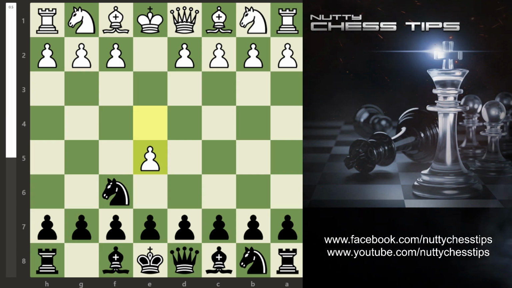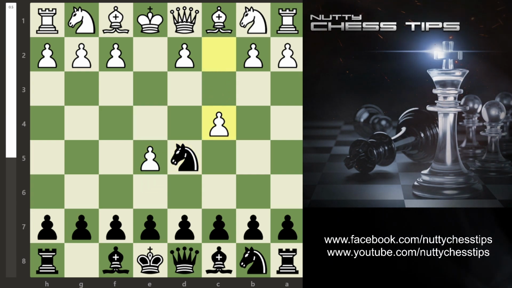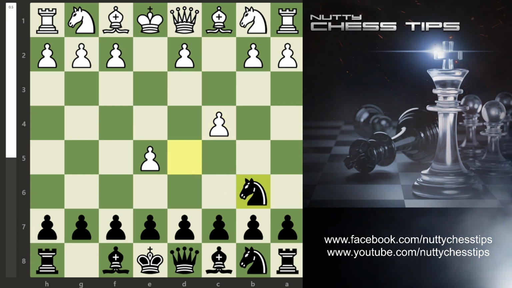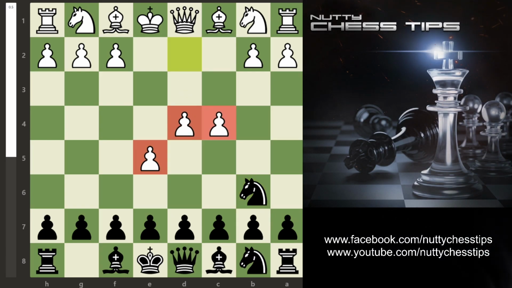We move the knight to d5, and now when they move the pawn to c4, we retreat the knight back to b6, and now they move the pawn to d4. Now, as you can see, these pawns look very strong in the center, but this is what we want. We just go d6. I'll show you in a future video what happens if they take here, but today I'm concentrating on this